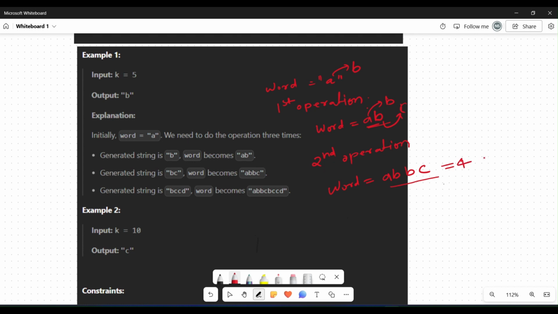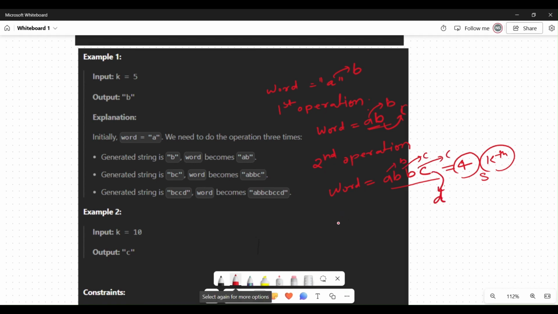We have to return the kth letter of the string, so we still have to do one more operation to get the kth element. I will do the third operation.